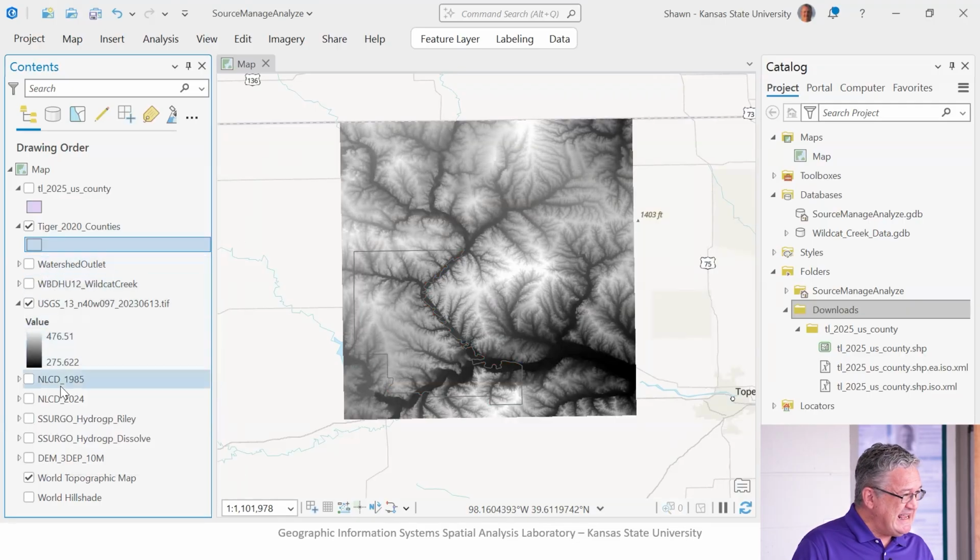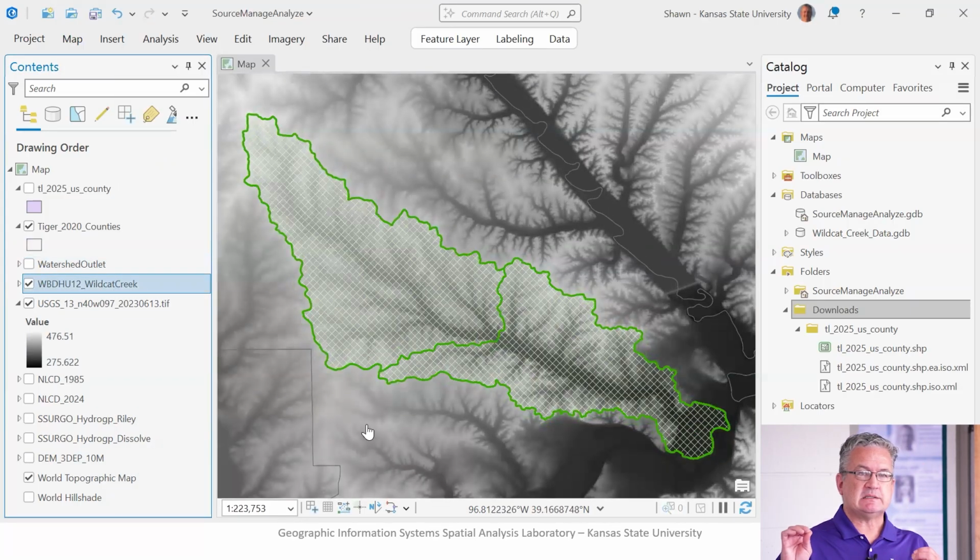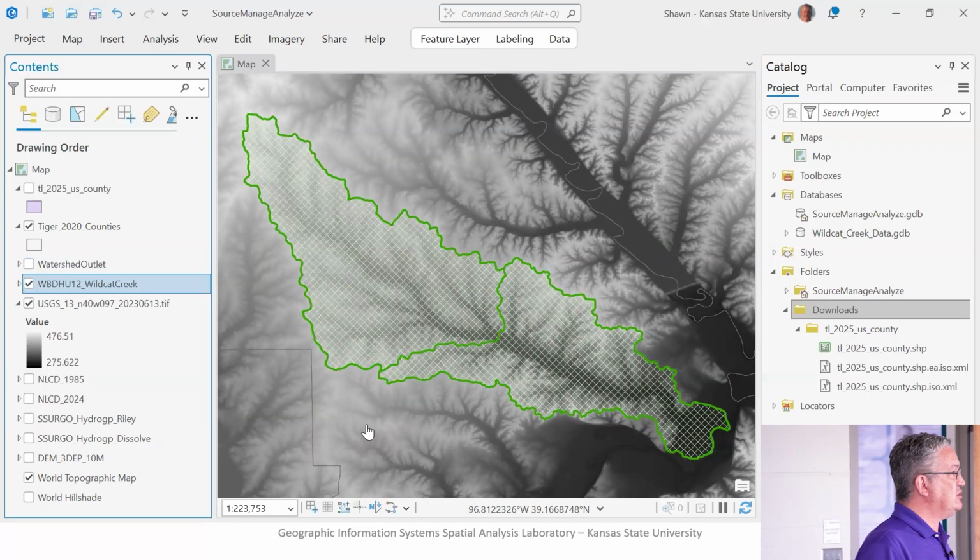But really what we need, the geographic area that's going to be part of our analysis, isn't the current spatial extent or Riley County. It's really just the area that's inside of the Wildcat Creek boundary. That's the data that we need, not only for elevation, but also land cover and for soils. And while this step technically may not be necessary, one of the things that I like to do is to make my data files that I'm going to be processing later as small and as efficient as possible to reduce